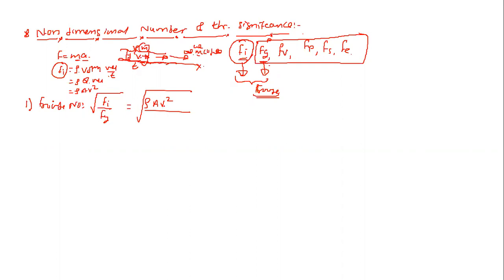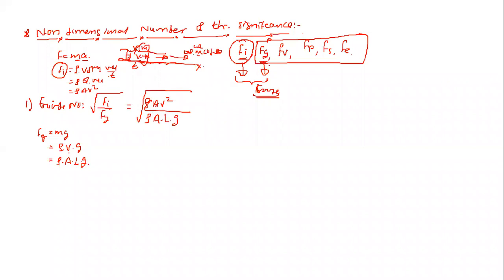At the same time, if you want to go for the gravity force, then it is the mass into the acceleration due to gravity. So I have to go for gravitational force. Inertia force already we have calculated as rho A V square. Fg is equal to mass into g, m into g. Okay, so if you want to go for the analysis, mass in terms of the density and volume, density into the volume into g. Then volume we can write area into the length, so density into area into the length into g. So I have to put up over here. It is a density, area, length into g.